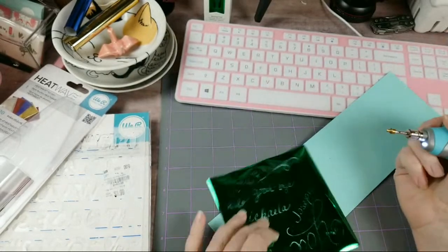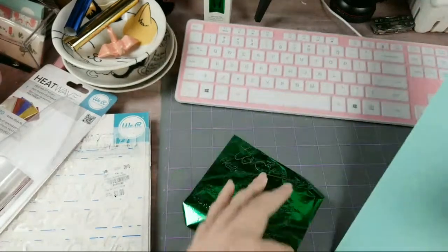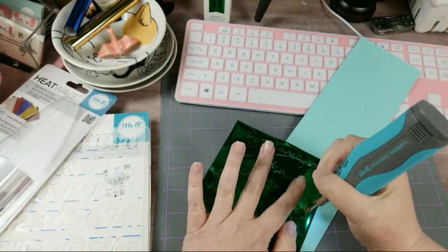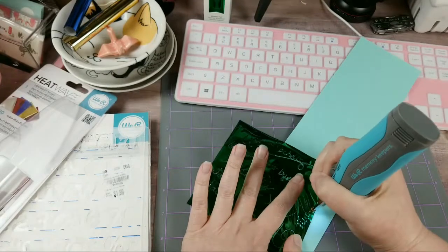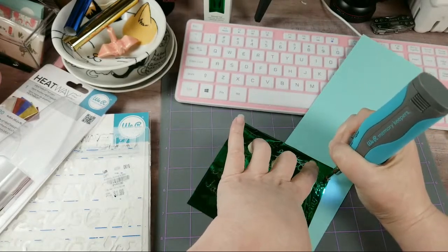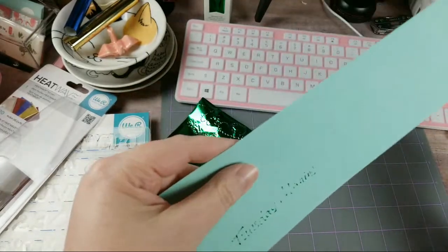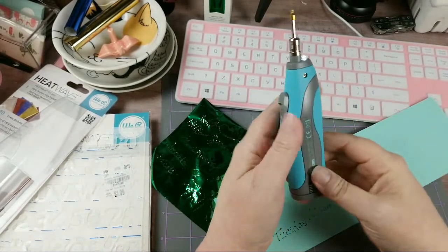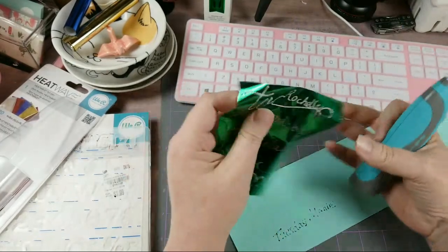So it's been sitting here for a while. Let's see if it's gotten any better. Of course, we'll try the back end of this. It's not as textured as the front. I don't think I'm going to get it all on there. Yeah, see, that's bad. And I've been letting it sit there and warm up. Maybe these batteries aren't good. Again, I don't know. It's worked good for me in the past, but